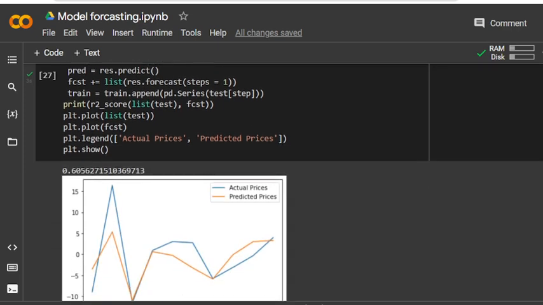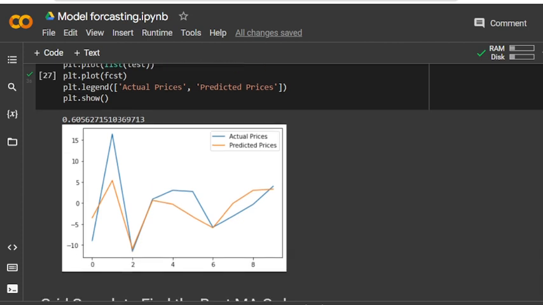So it's all right. This is the actual and this is the predicted. What do we see here? Estimating the error of the MA1 model, you can see the R square score we obtain is about 60%. It's not perfect, but in this context it looks like something useful.